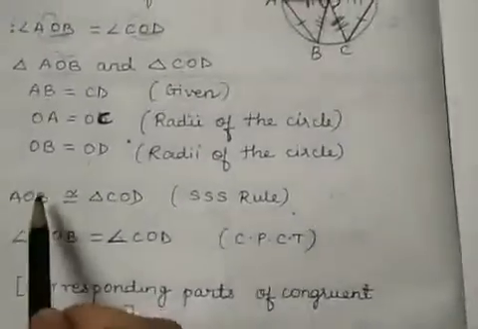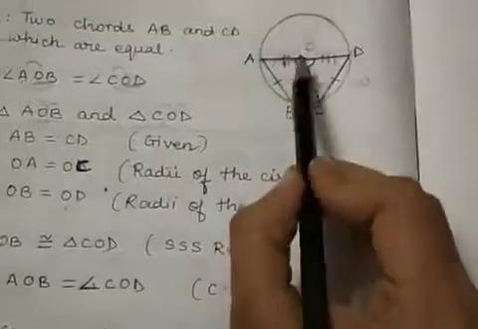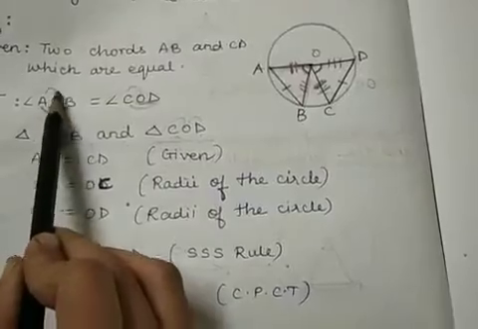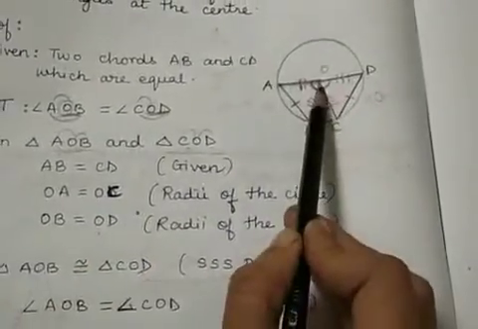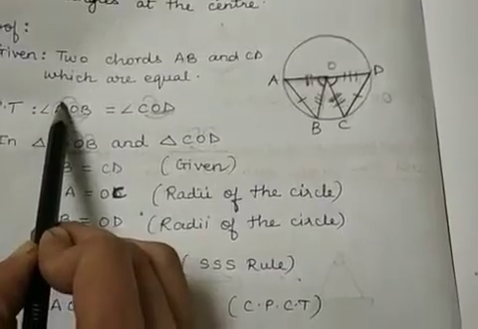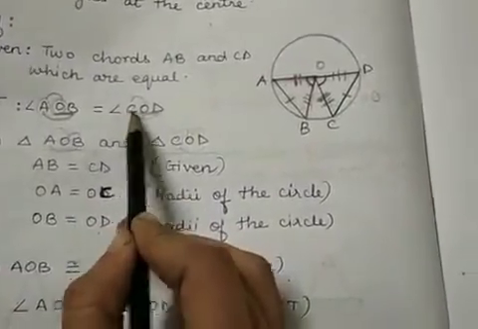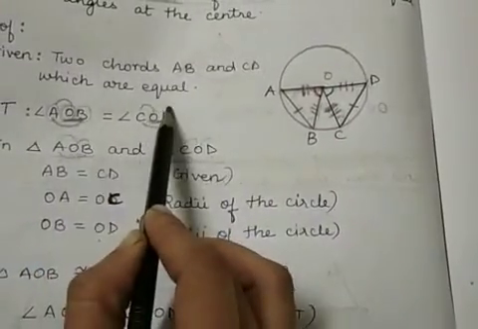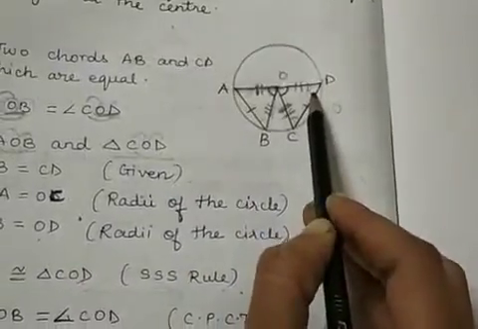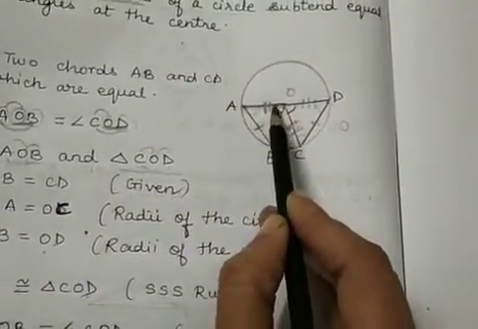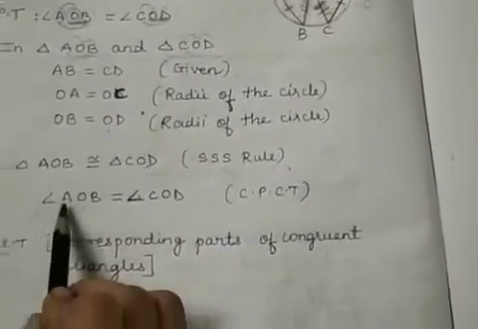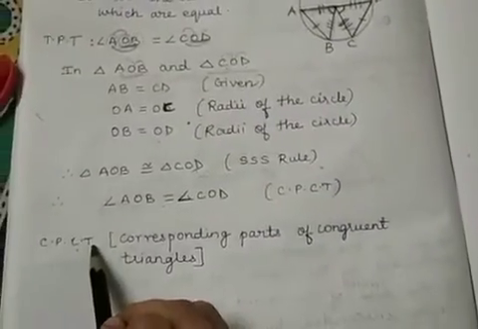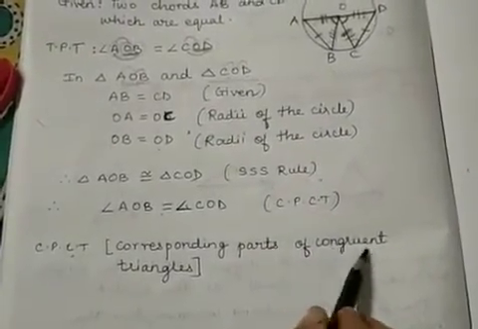Okay, so now since I got the two triangles same, this angle should be equal to this angle. Now how will you find out which is the angle here? If you take angle O, then it should be the same angle here. If I take angle A, which is the angle corresponding to angle A? C, correct? A then C. If I take angle B, which is the angle corresponding to angle B? D. So it should be this. Okay, now since we have to prove that these two angles are equal, we take angle AOB is equal to angle COD by CPCT, which stands for corresponding parts of congruent triangles.